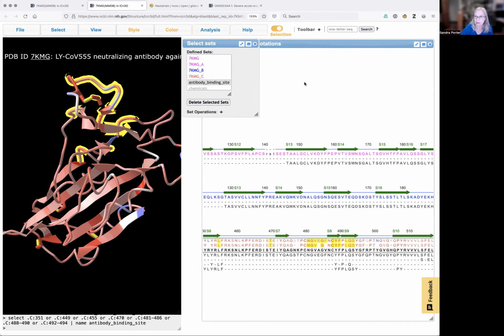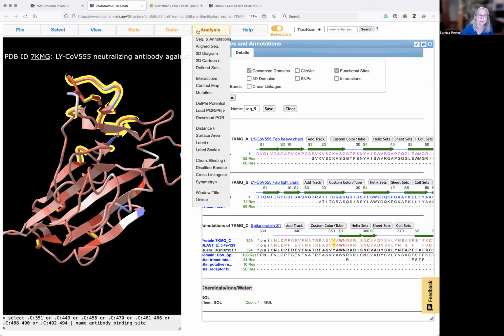So here's how I'm going to do that. What I can do now is go to analysis, and I can model the effects of that mutation and see how that mutation may change the interactions between the two proteins, the different proteins. So I pick mutation,